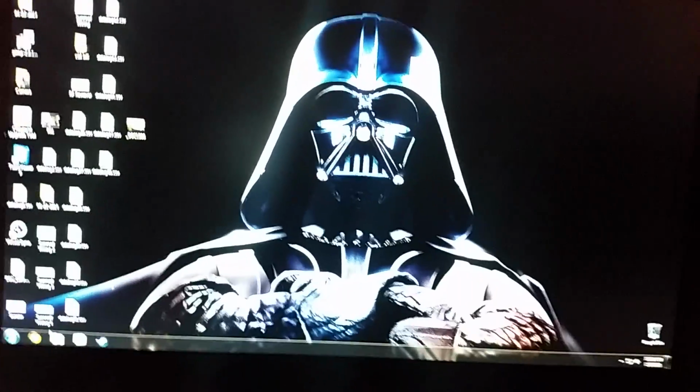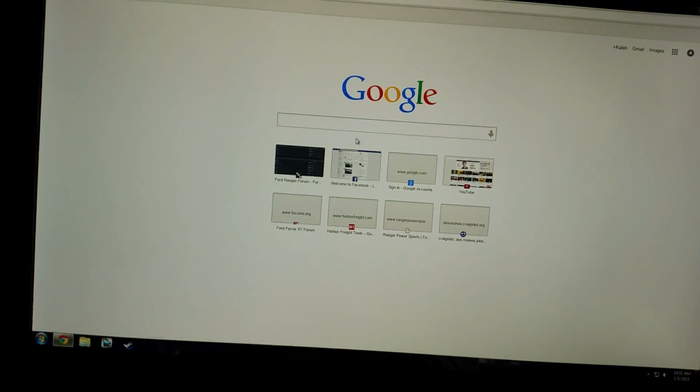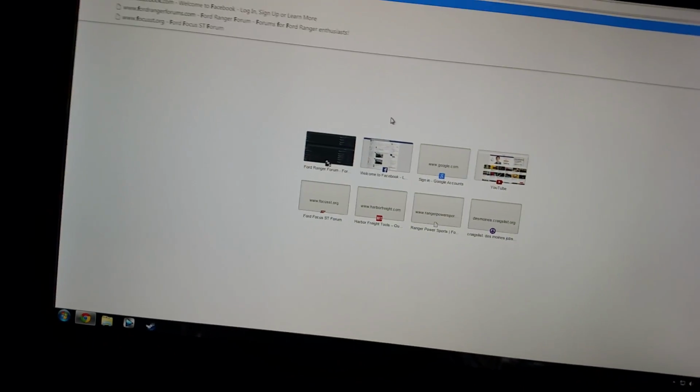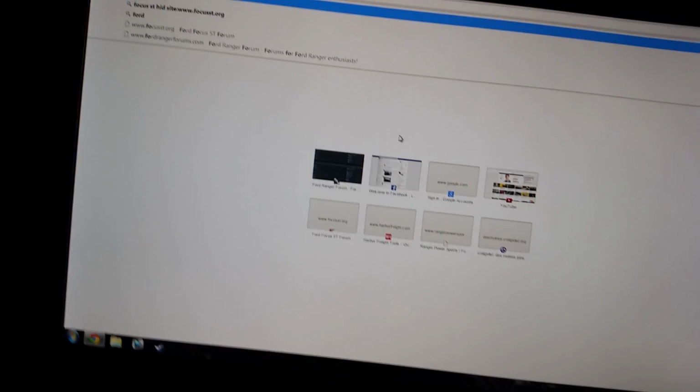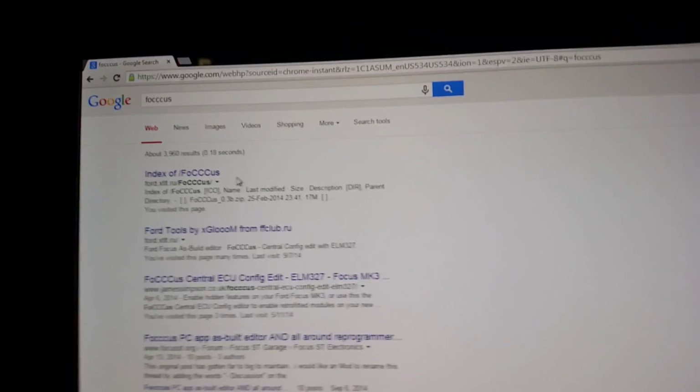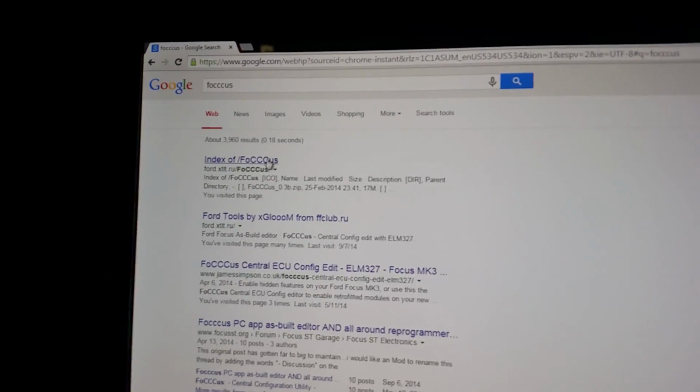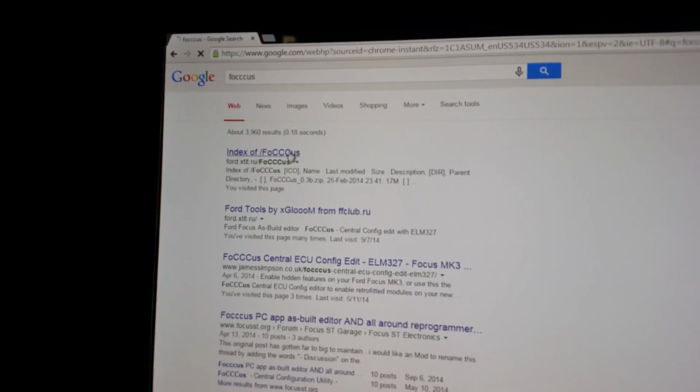So first, how to get it: you want to go to your browser and do a search for FoCCCus. And you'll have the 3 C's in it. It will be your first one right up here, index. Click that. And with the latest version,